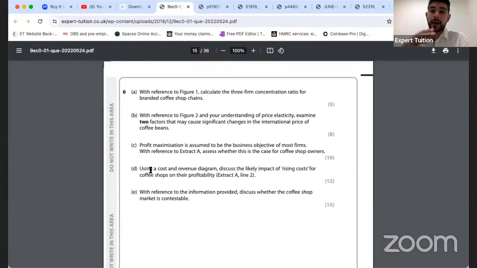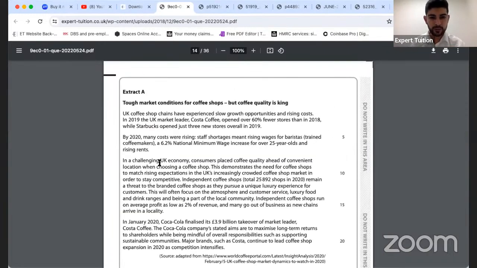Now, we need to work out which costs are rising to understand whether it's just AC that goes up, which happens, by the way, if it's a fixed cost, or whether it's MC and AC going up, which is when it's a variable cost. So let's quickly look at extract A, because it's all in one place. Here we go. By 2020, many costs were rising. Staff shortages meant higher wages for baristas and trained coffee makers, a 6.2% national minimum wage increase for over 25-year-olds, and rising